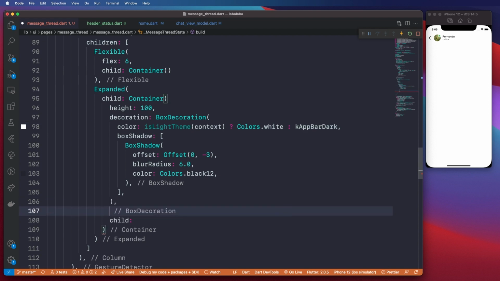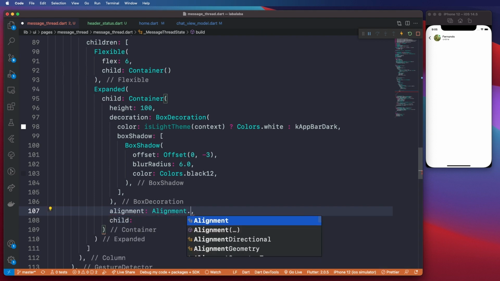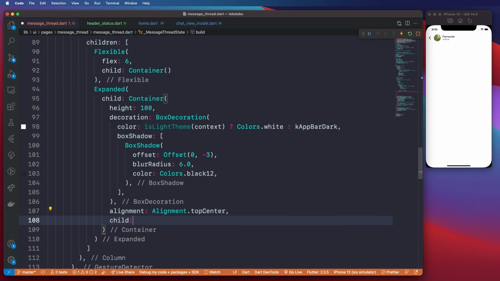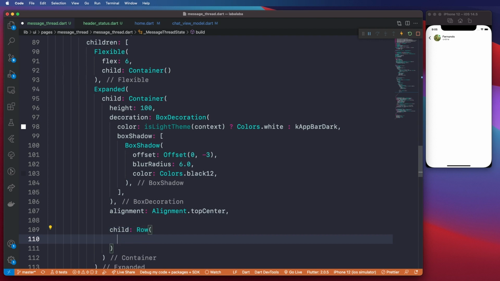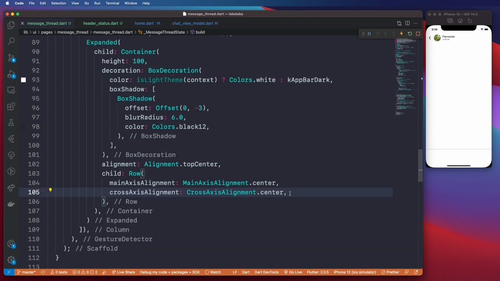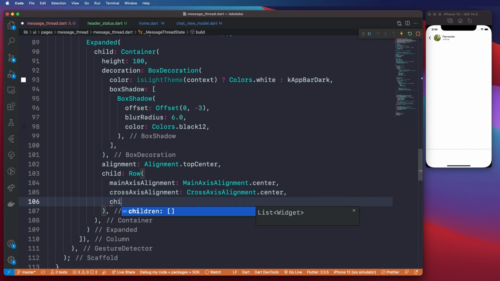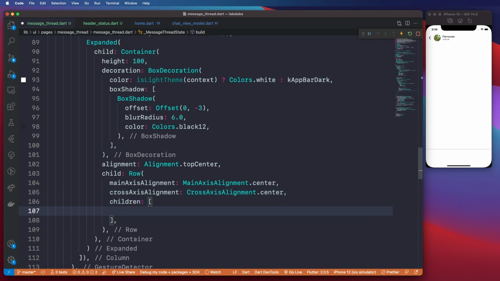So now I want it also to be aligned to the top center. So for its child, let's go ahead and I'm gonna create a row with the main axis alignment set to center and the cross axis alignment set to center. And then for its children,